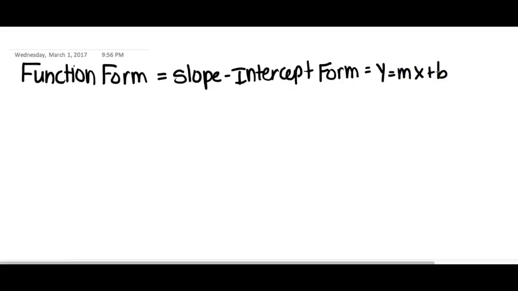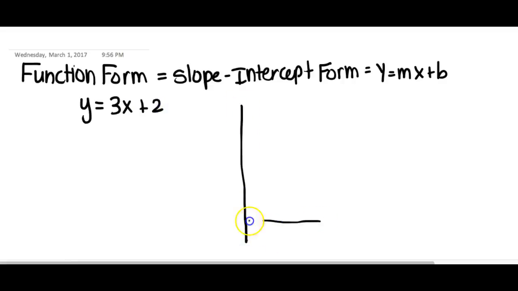Now, one of my favorite things about this is that it's pretty quick and easy. Instead of having to find all of these points, we're just going to graph it. So let's start with ones that are in slope-intercept form. 3x plus 2. Okay, so my slope is going to be 3 over 1. And remember, my b value, or my y-intercept, is 2. Because this is just really y equals